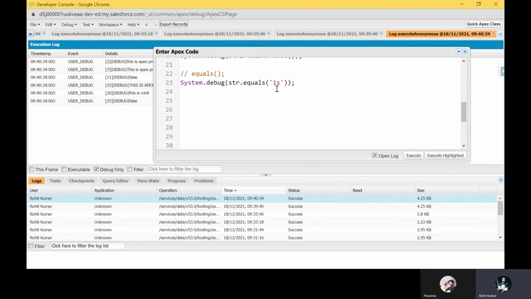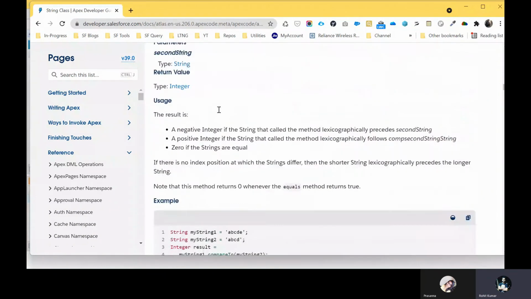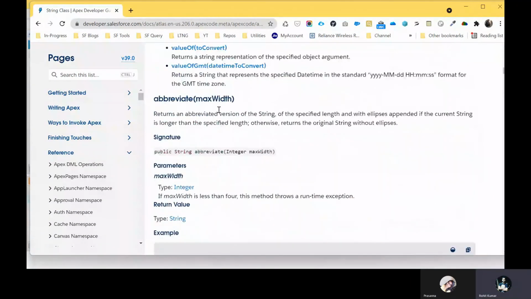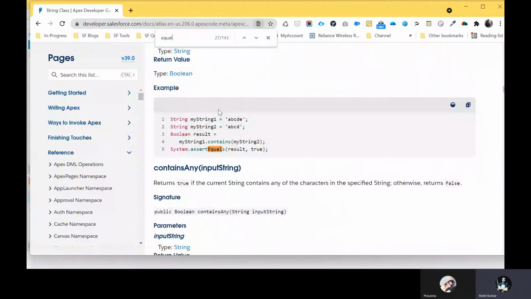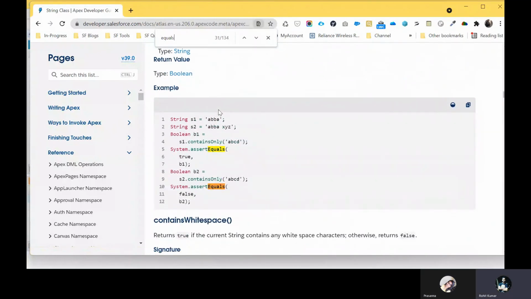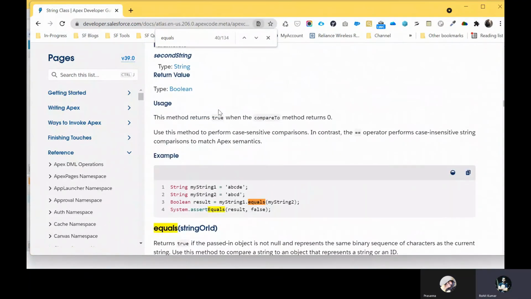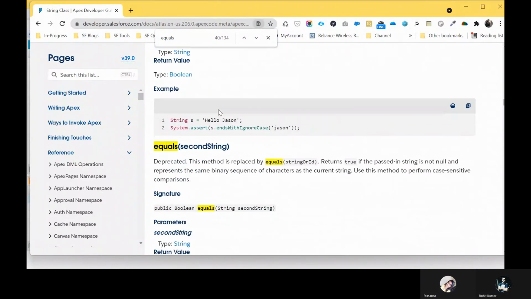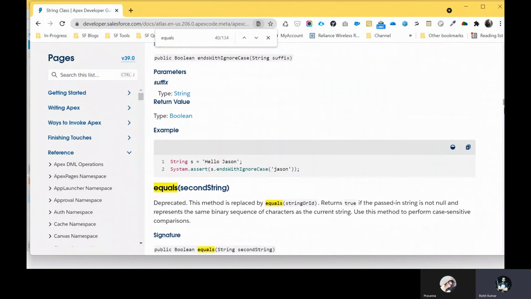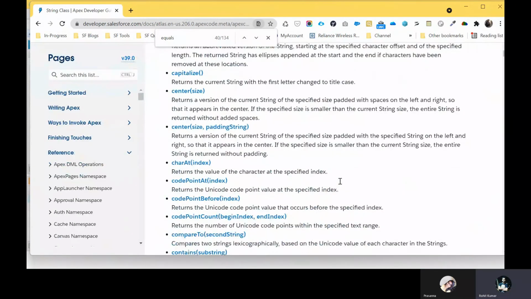So let me check this equals method with this reference guide. Always use this reference guide if you get stuck here. Just search here for equals. Let me check the equals method. Yeah, let me check equals, like equals second string, this one. Or you can go ahead and scroll up or down under the string class.